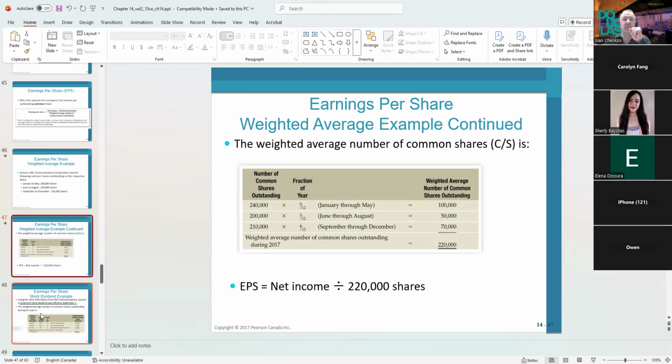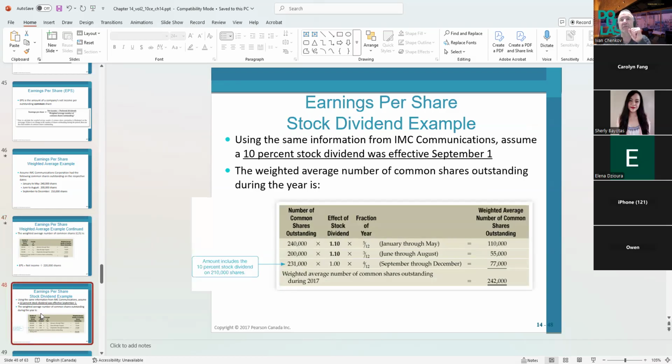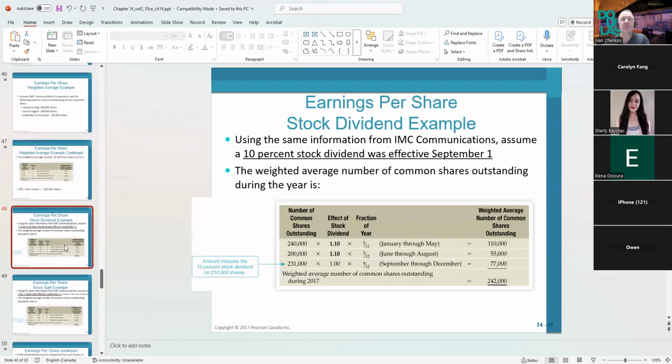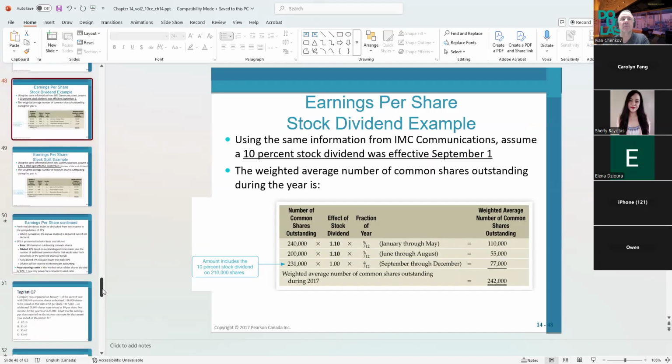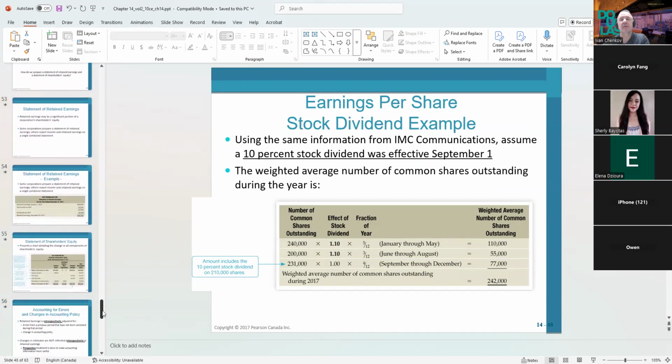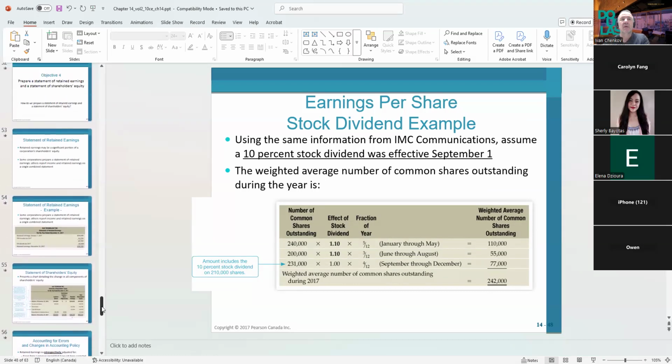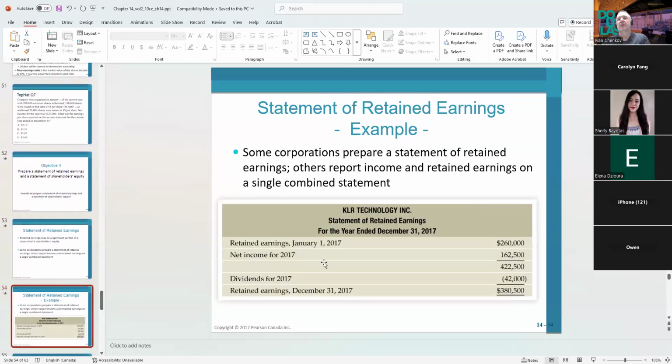So now we're going to the stock split. If we have a stock dividend, with the stock split and the stock dividend, we're going to deal with them next time, because at this point it's getting way too much. You're going to see how we approach those types of questions. And next time we're going to see what we're going to do with the statement of equity and how to prepare that statement of equity. I mean, if you have questions,